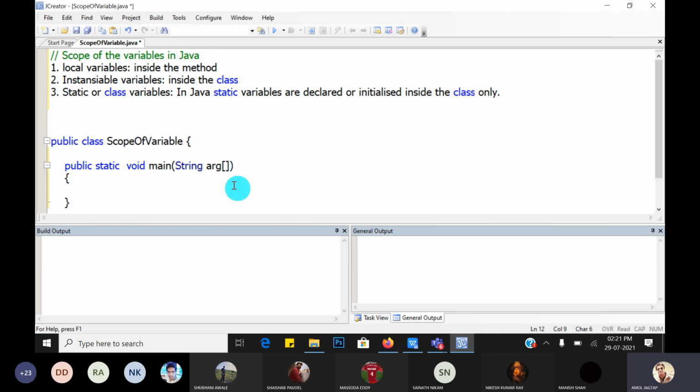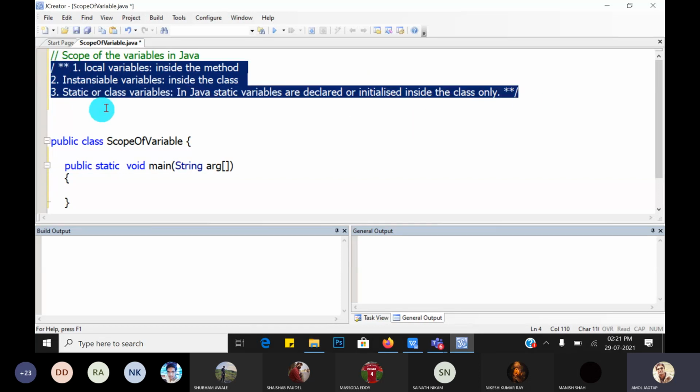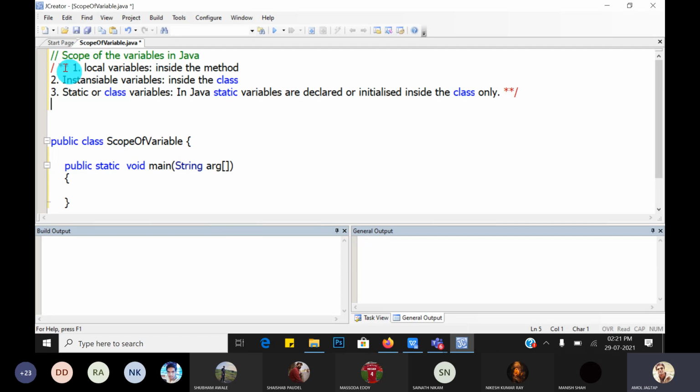Okay, let's see one by one. So these are all the comments, comment lines. So use forward slash, two stars, slash, that is a multi-line comment. You can also give slash single star also, for multi-line comments. So the color gets changed. So these are the comment lines.